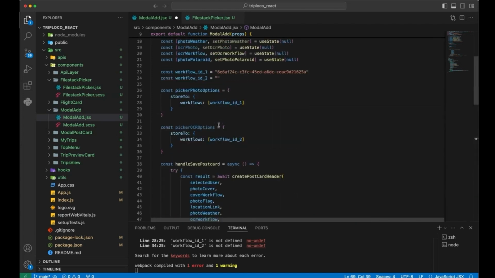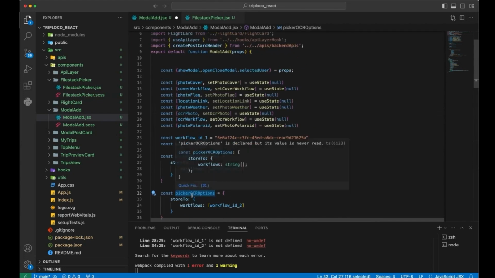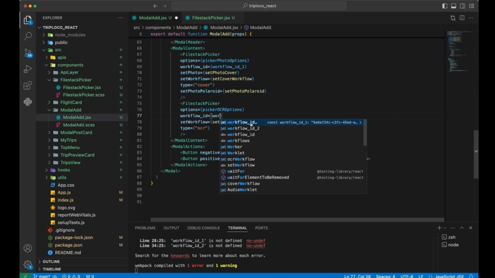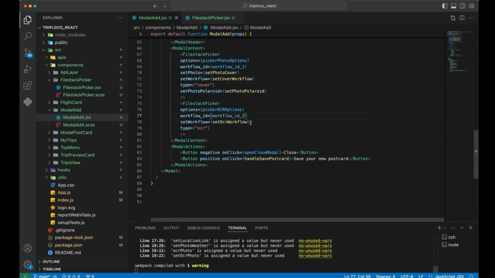Okay, and that's it. Now, before we test this, I'm going to talk more about the workflows because I need